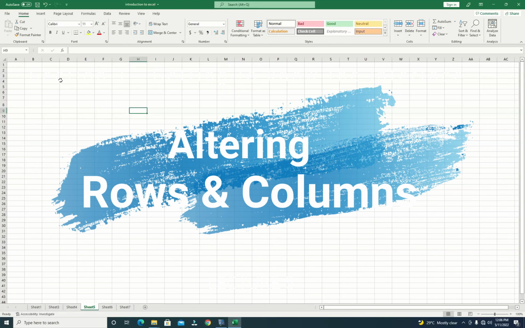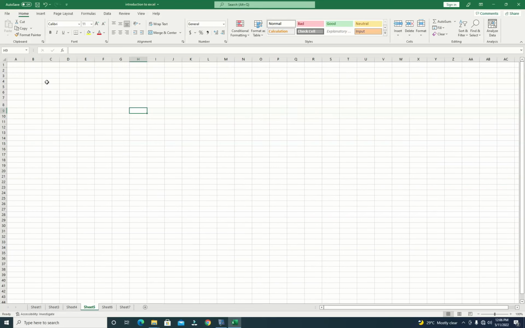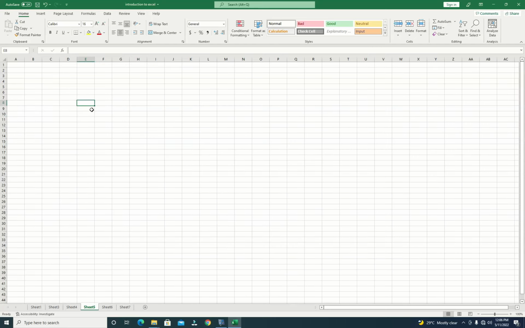Then at this moment we are moving on to altering rows and columns. As we learned earlier on, selecting active cells, I told you that a cell can contain more words. Let me write in certain things: A, J, K, F, F, J, J, J, H, H, P, P, and you realize that it goes beyond into another cell. But when I come to G9, that's a cell closer to it, G9, and I press TFRRG